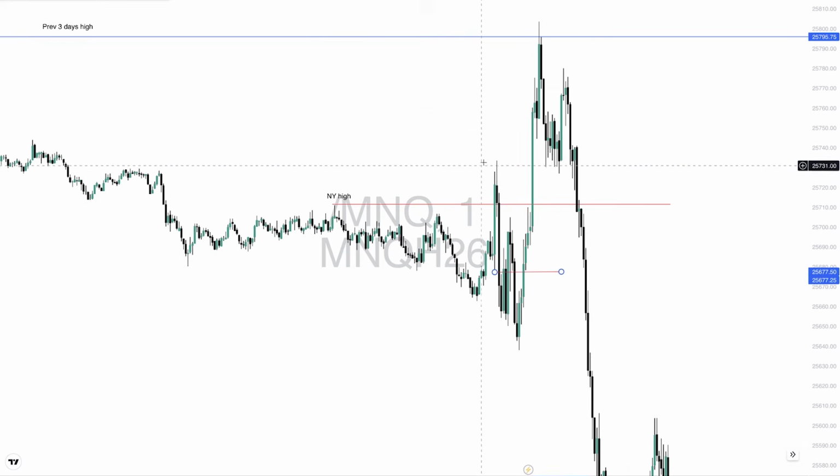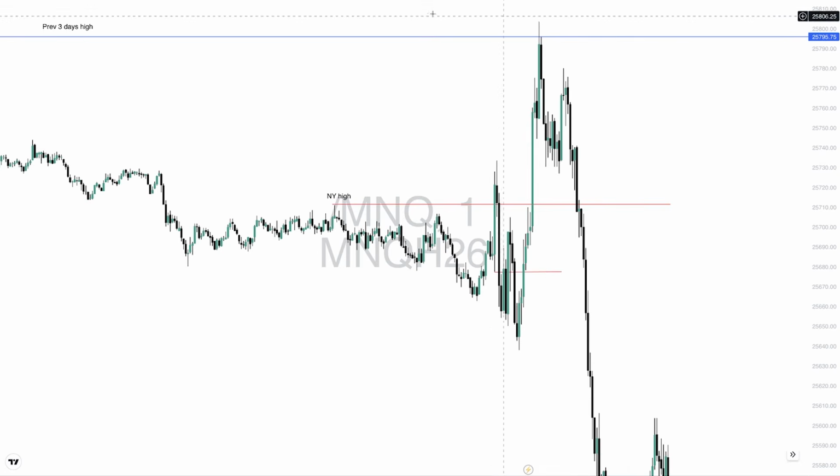So our stop would have been above the high that broke the low, so we wouldn't have been able to get a 2-to-1 within the trade. But as we can see, price then starts to trade higher, right? And trades into our previous 3 days high above the 9:30 opening price. So everyone is thinking, oh yeah, buy, but of course we understand that price is bearish on the higher time